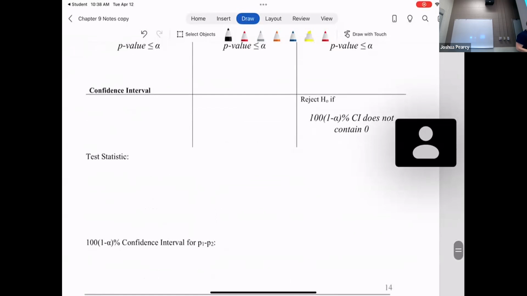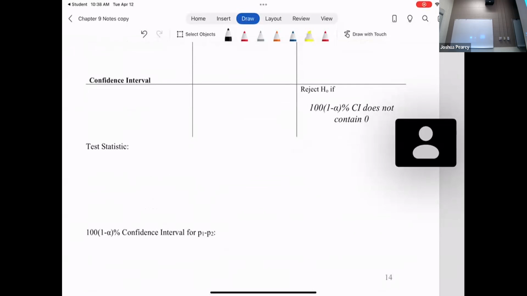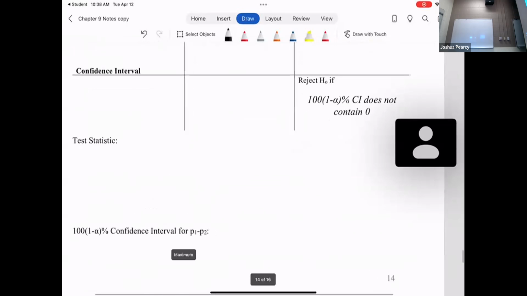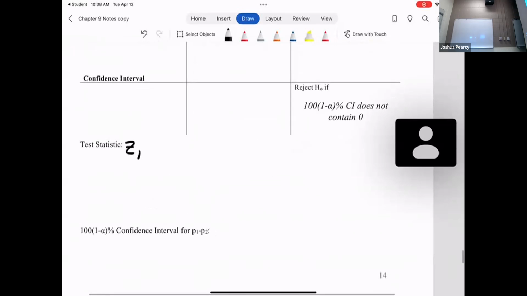Now here's the fun part. The formula for the test statistic and for the confidence interval. I felt bad because last semester a student asked for help on this and I gave them the wrong one. So z-test is equal to,